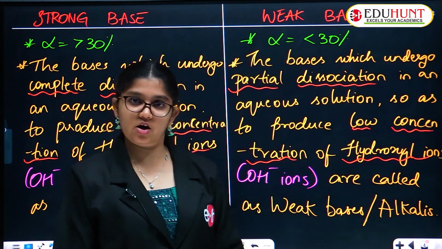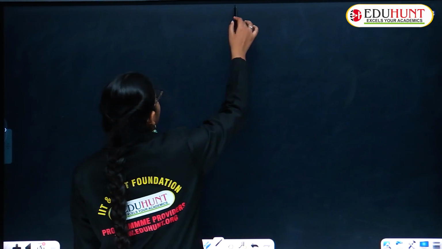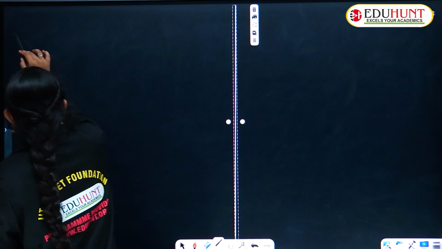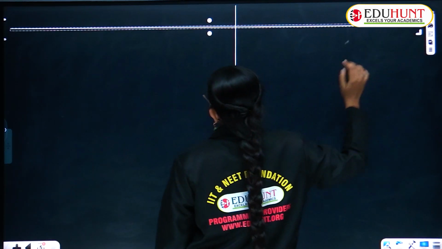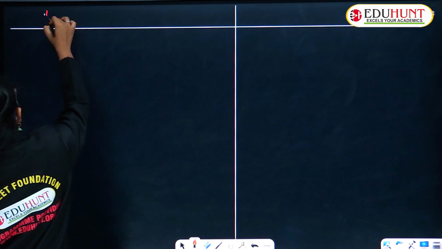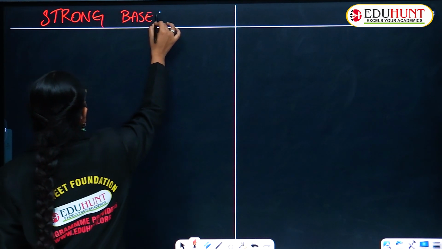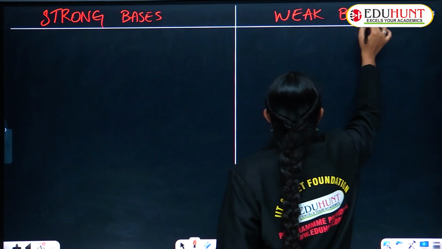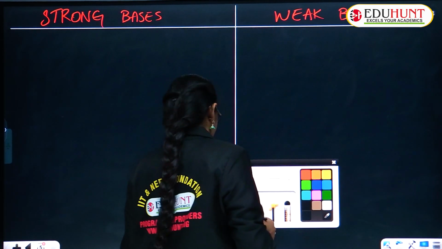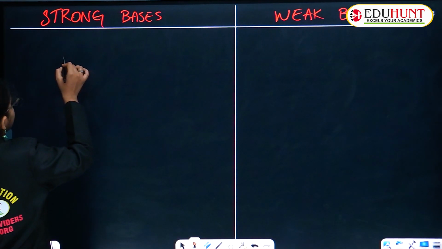For clear representation, I want to write one more slide. I want to show you clearly how to represent all this. So here we are going with the classification of strong bases as well as weak bases. Now, if I take a beaker,